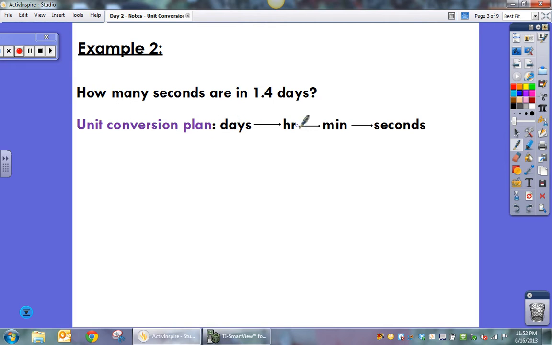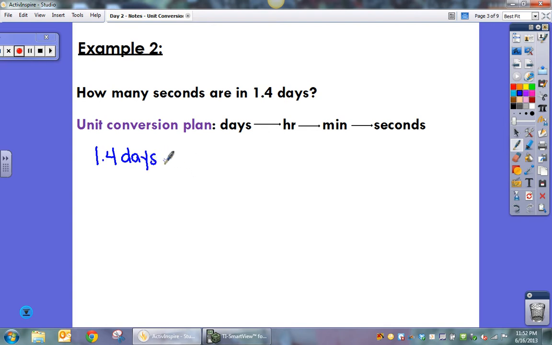I'm going to go from days to hours because I know how many hours are in a day. Then I'm going to go from hours to minutes because I know how many minutes are in an hour. And then I'm going to go from minutes to seconds because I know how many seconds are in a minute. So let's set up our ratios. I've got 1.4 days,